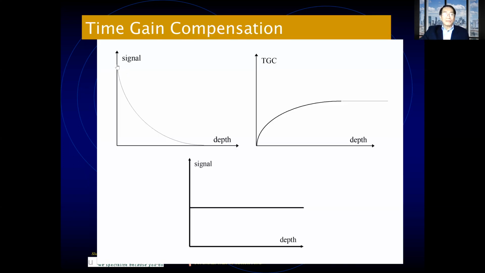And because of that, with this predictable decrease in signals along the depth or along the distance traveled by that sound, we can adjust the time gain compensation to increase the sensitivity of the probe to the smaller amplitude waves, such